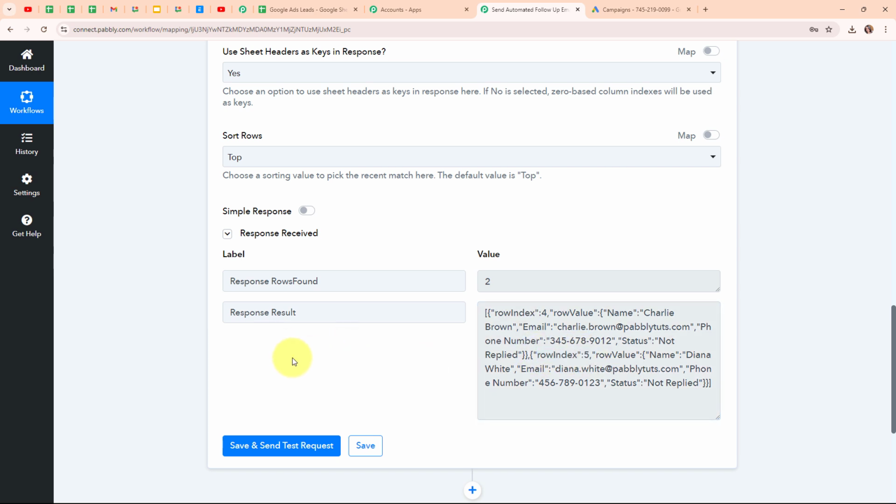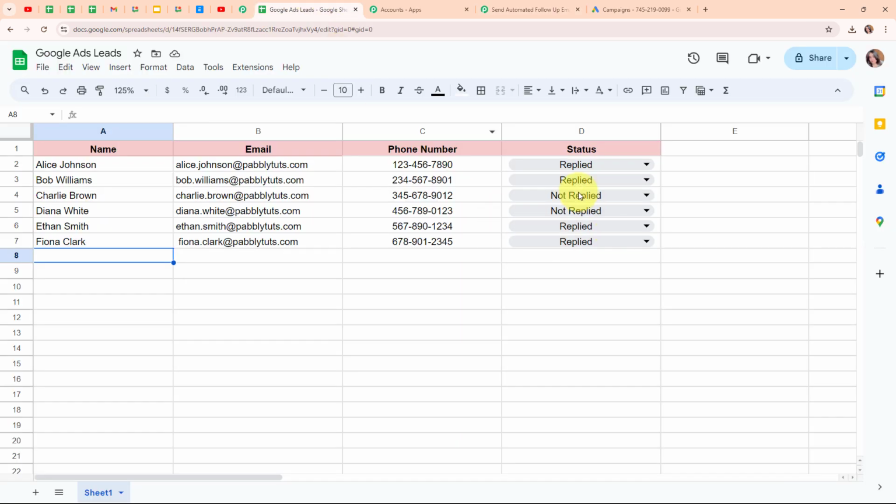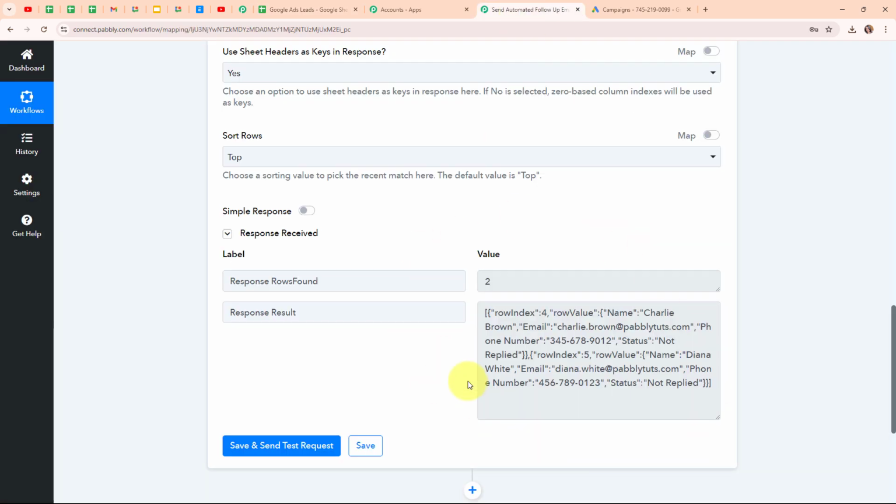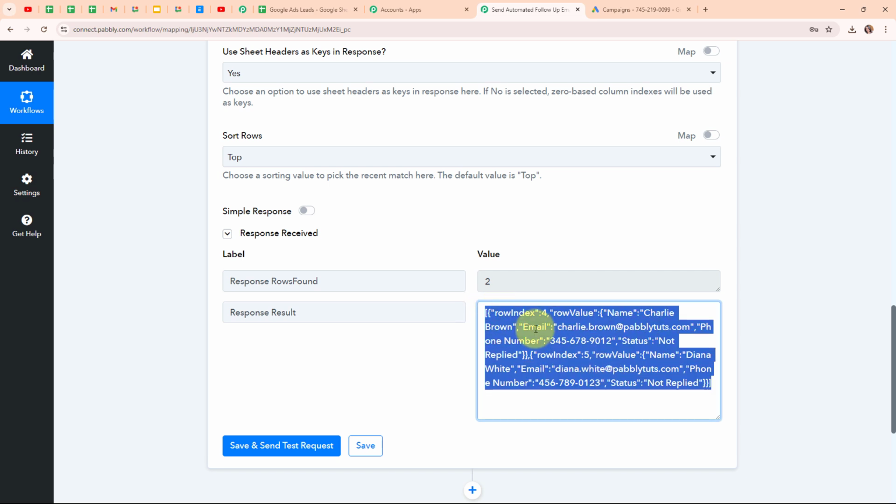So now let's go and check it in Google Sheets, and here you can see the leads who have not replied are in row index 4 and in row index 5. So that means we have received a successful response over here. So now what we are going to do is send a follow-up mail to both of these leads, and to send the mail to both of the leads one by one, we need to